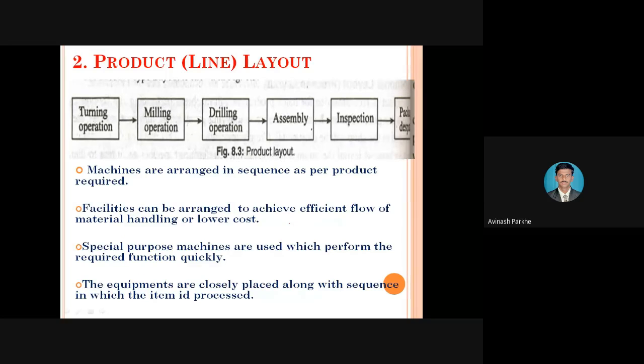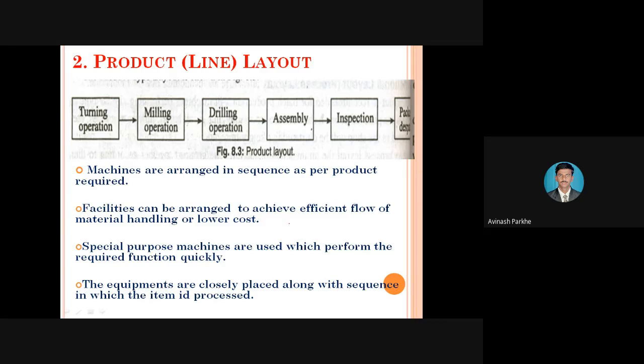So if I use this particular product layout or line layout in industries, an efficient flow will take place, because there should not be any backtracking. Whatever machines I have set at any location, I have set at that location as per the requirement of the product only. Once all the operations are performed on the lathe machine, the product will be moved in the forward direction only. Again, from the third machine or the fourth machine, that product will not come back to lathe machine number 1,